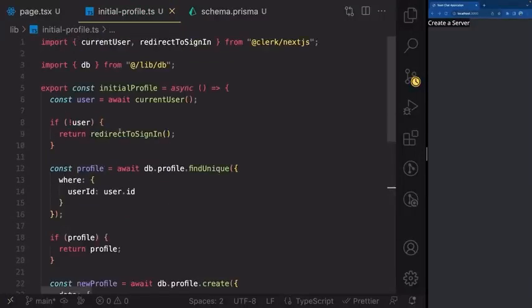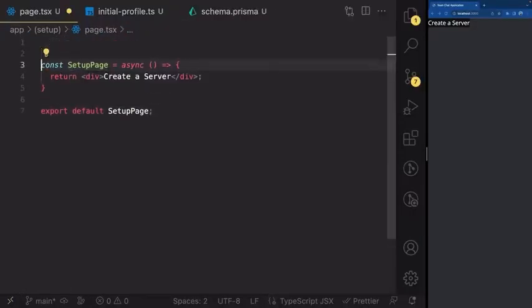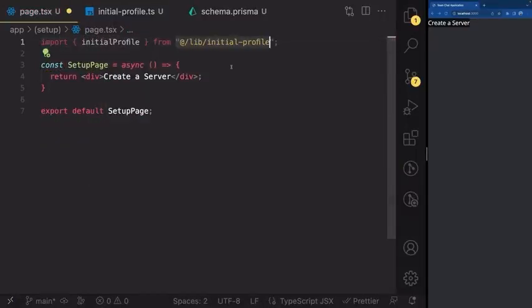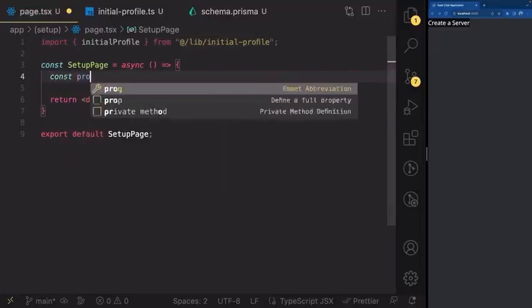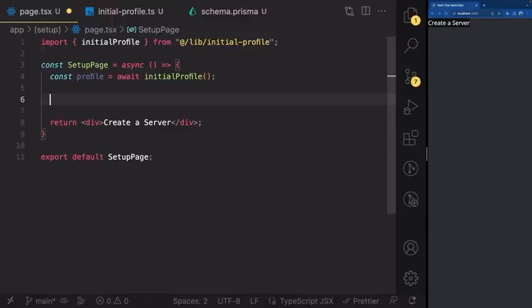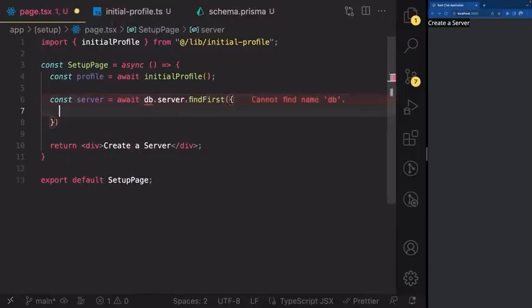Great. So now that we have this, we can go back inside of our setup page.tsx right here. Let's go ahead and import initialProfile from @/lib/initial-profile like this. And let's write const profile to be await initialProfile like that. And what we're going to do now is we are going to attempt to find any server that this profile is a member of, right? So let's go ahead and write const server to be await db.server.findFirst where